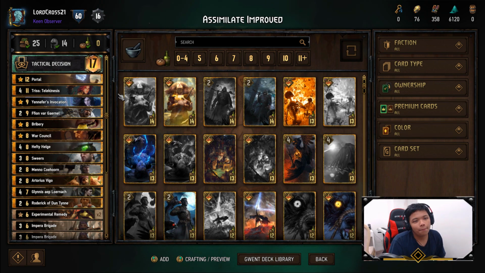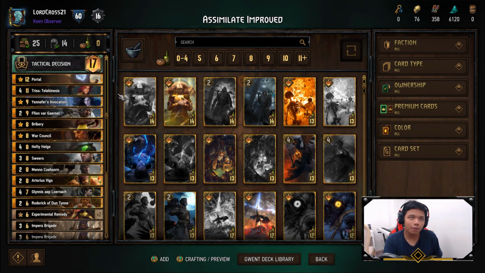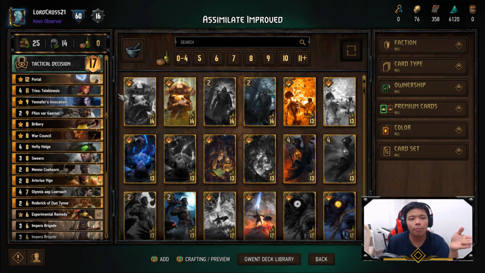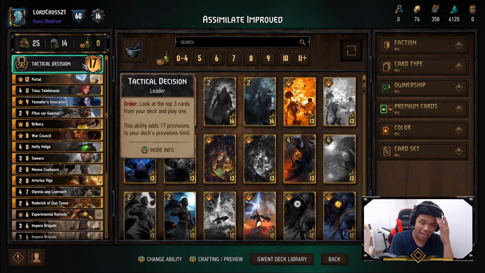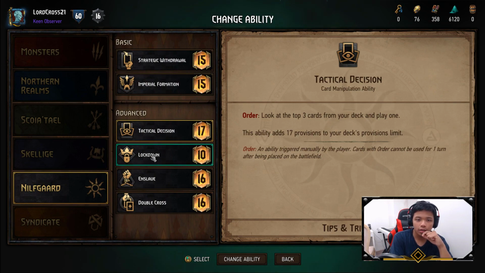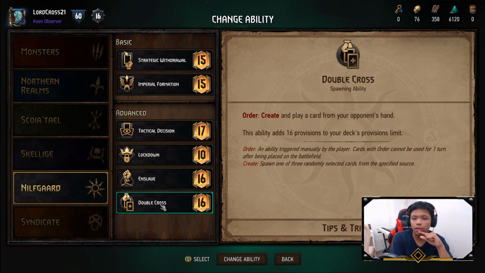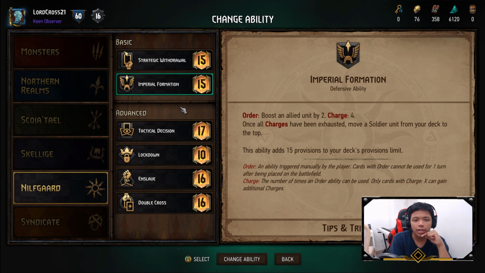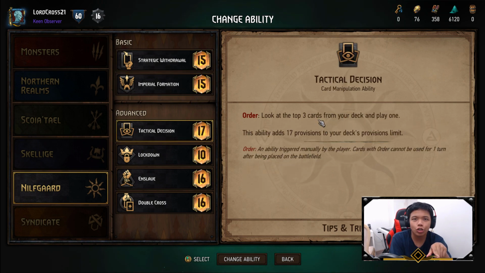So this is the updated version of Assimilate. It will be using the tactical decision hero power, although you can really use any hero ability. You can use Enslave, you can use Double Cross. Double Cross is the best for Assimilate synergy, but Enslave is good for seizing and disruption, and tactical decision is good for the deck thinning,